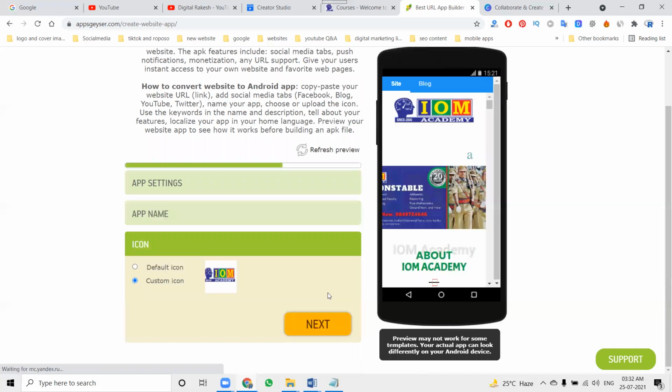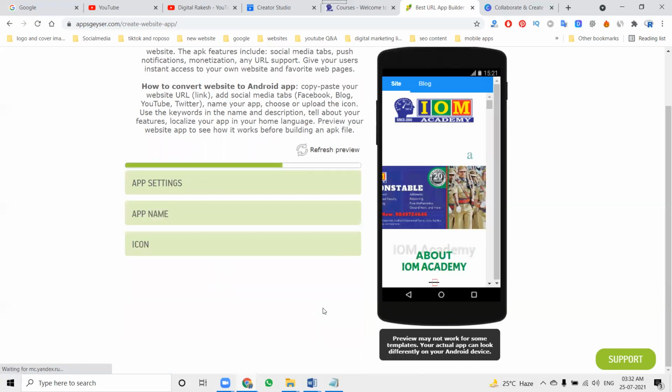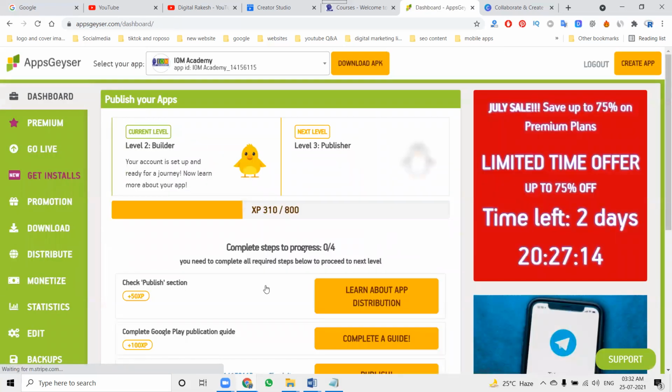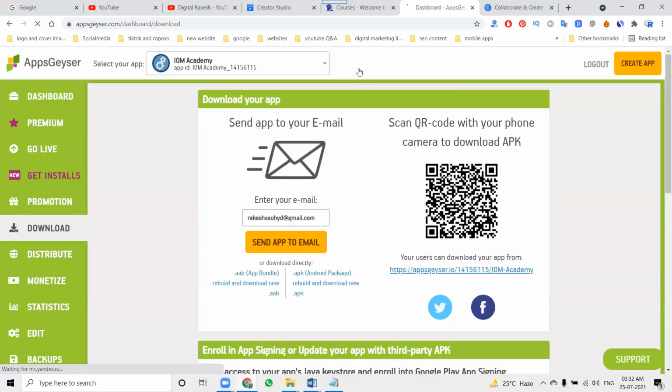The logo is your icon. Click next and create your APK file. This file creation is completely free. Nothing will be charged on this AppsGeyser website. Here, the APK file is downloaded through email.